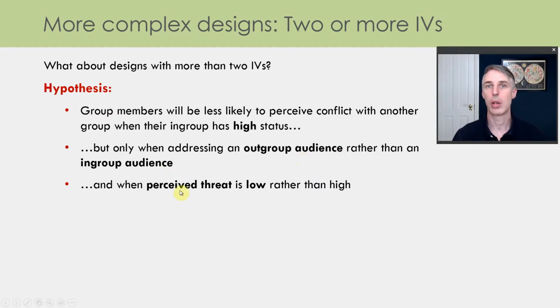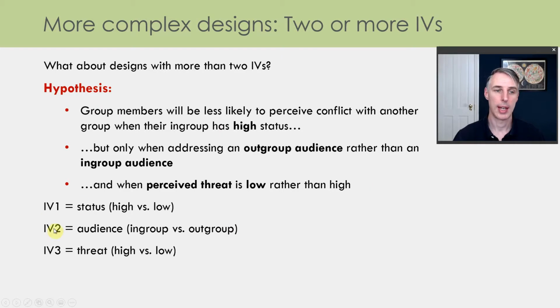But now we have another layer of contingency. This will only happen when perceived threat is low rather than high. So actually, maybe if we perceive that our group is under threat, we perceive high levels of conflict across the board. Okay, it doesn't depend on other things. But actually, in the relative safety of low threat, that's when we see these maybe slightly more strategic effects of status. Okay, so one way or another, what this is suggesting is a design with three independent variables,